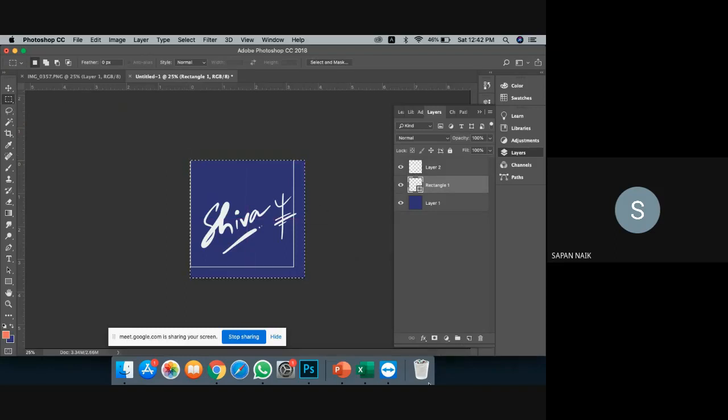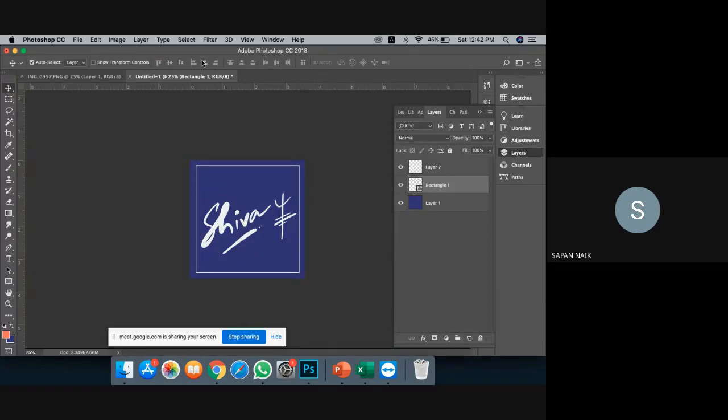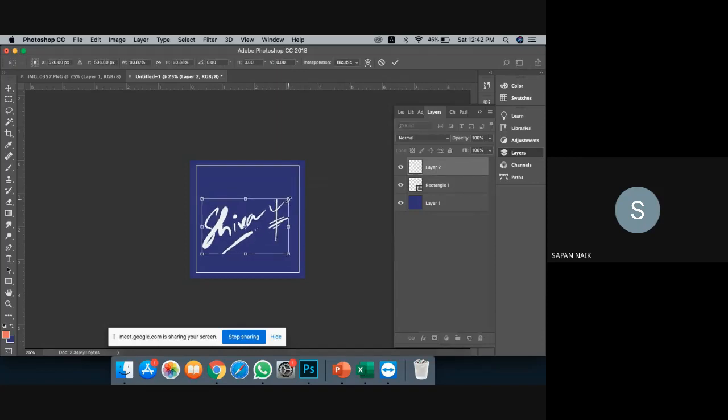Select the area that you would choose to make your frame center. Go to your selection tool. Sorry, first tool. Make sure that your rectangle is selected. Choose this. Now it is in the center, but Shiva looks a little bit bigger, so make it a little bit smaller. Okay, done. Get it?